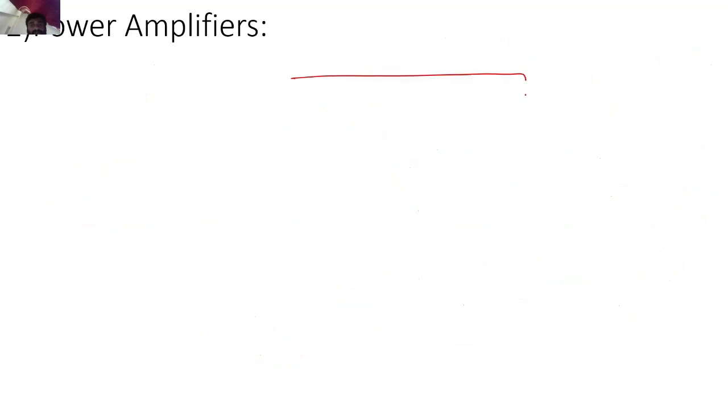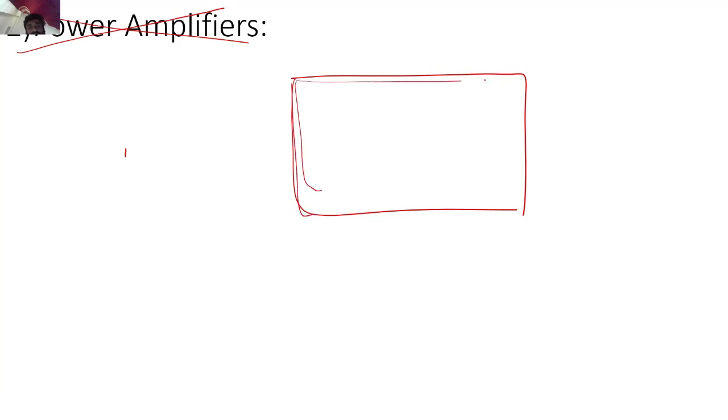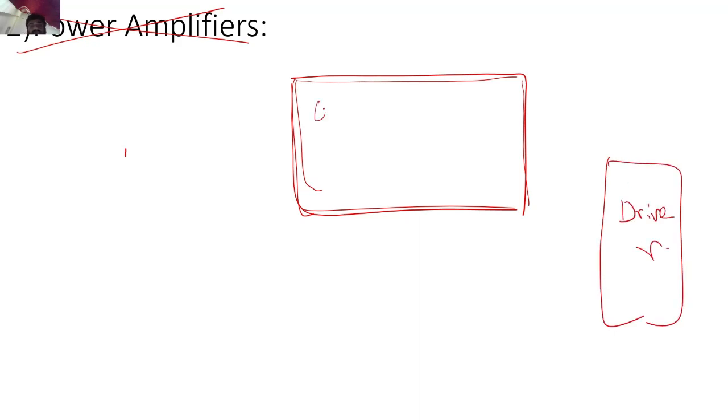By the way, this is not a power amplifier, I'm just drawing it. So you know this is the screen that is present, which the driver sees, right? So the driver is sitting over here, and you will see what is behind the car when you are trying to park. Let's say these are other cars that are present. There will be a color map like this. These lines will always be present on this screen.